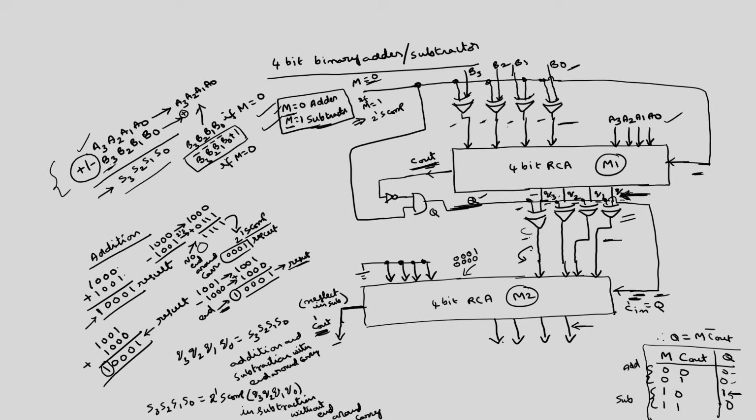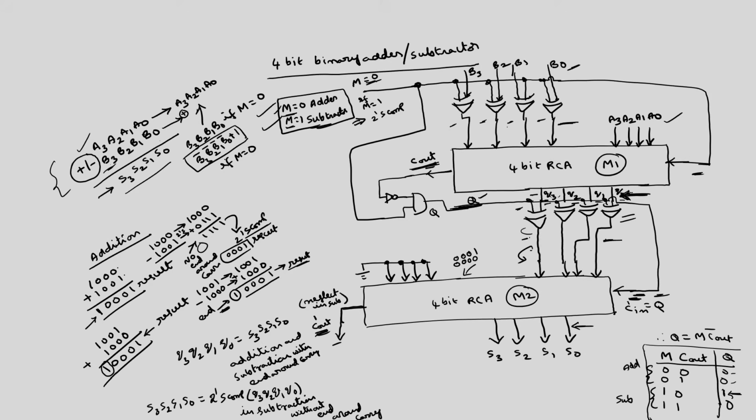So these are the final S3, S2, S1, S0. So this is a 4 bit binary adder oblique subtractor. In the earlier lecture we discussed how to construct a full adder using half adders. Initially I wrote a Verilog code for the half adder. Then I discussed how to instantiate 2 half adders along with 1 OR gate to construct the full adder, and using 4 such full adders I constructed the 4 bit ripple carry adder.